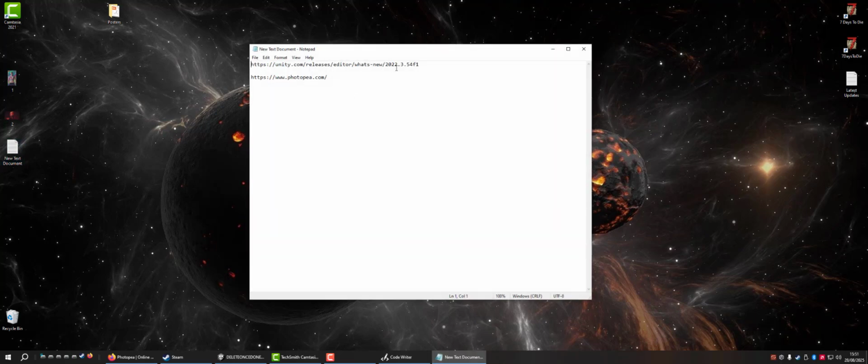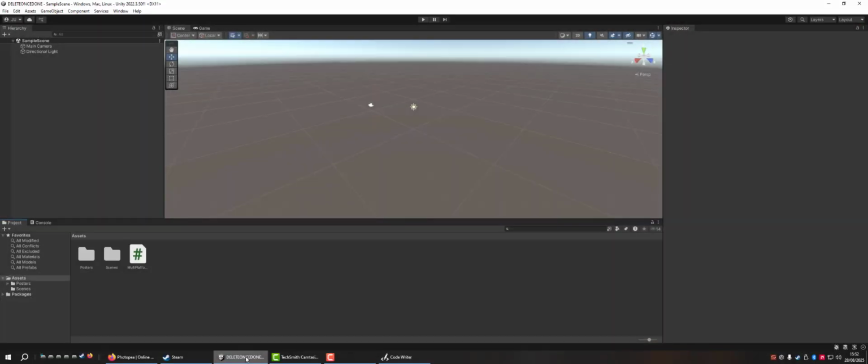So you need 2022 354 F1 of Unity. That's roughly the current version. I think what they're using at the moment is 22 350 F1, which is for 2.2. You can download that version if you wish. That's perfectly fine. Anyway, I've included